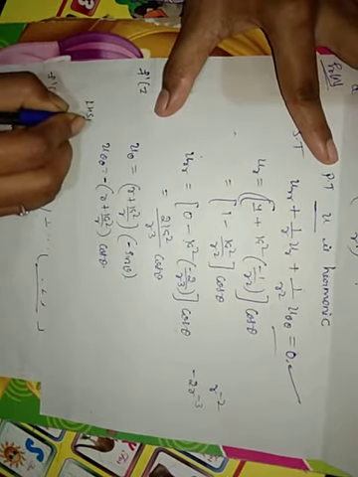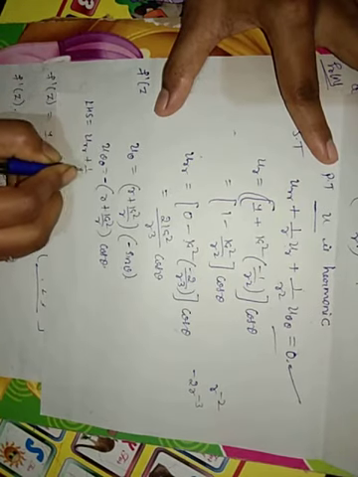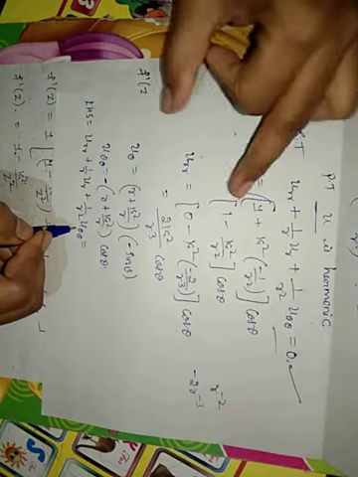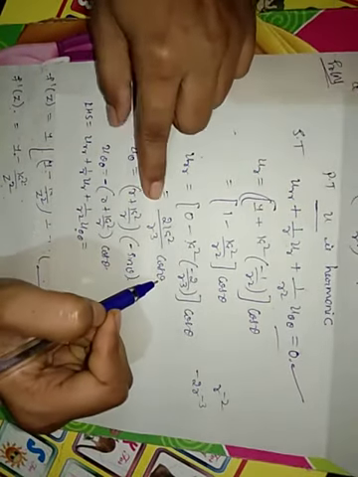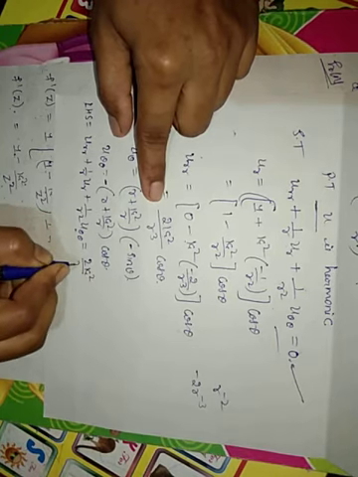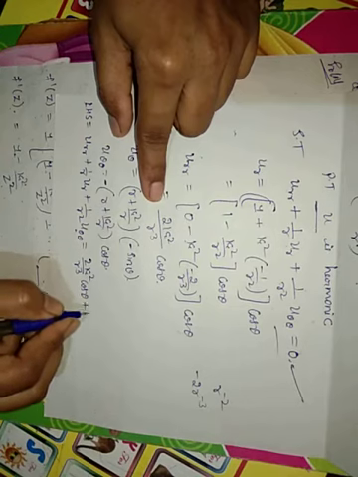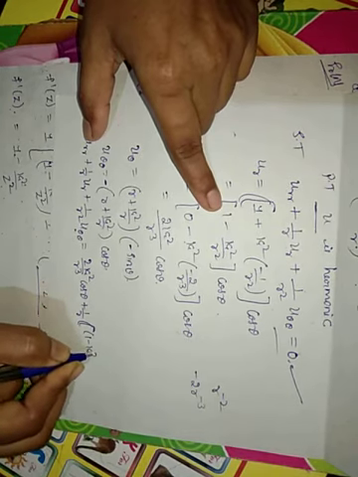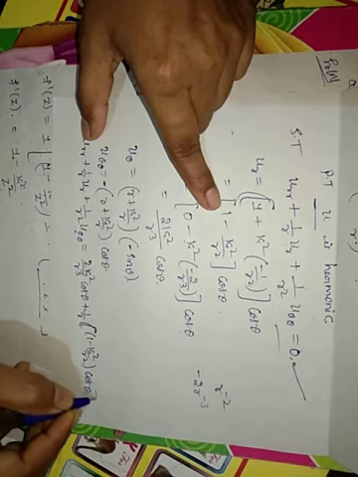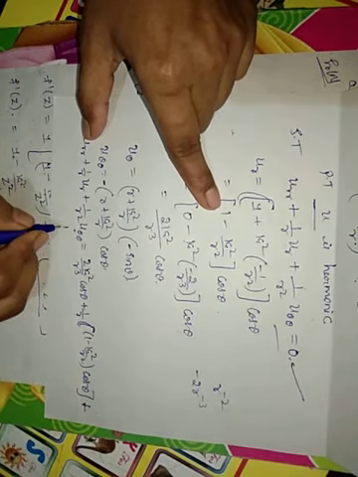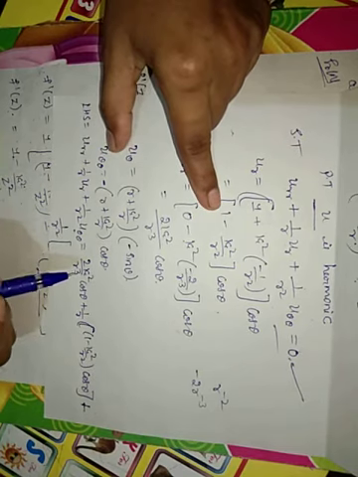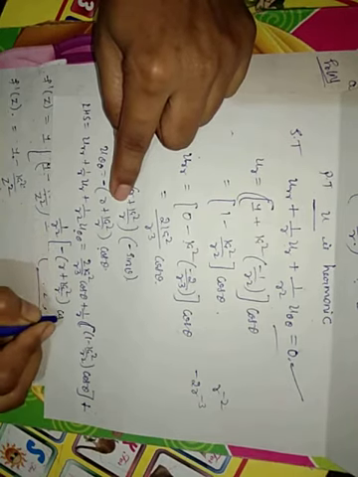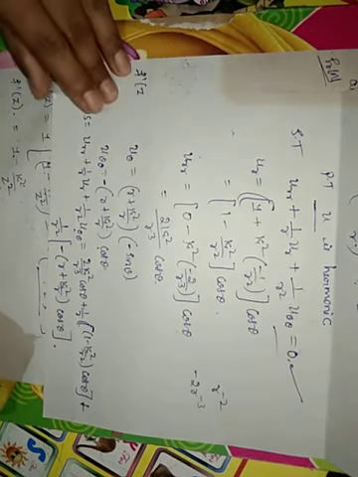So the LHS is equal to u double r plus 1 by r into ur plus 1 by r square into u double theta. u double r is here: 2k square divided by r cube into cos theta, plus 1 by r into ur. ur is here: (1 minus k square by r square) into cos theta, plus 1 by r square into u double theta, which is here: minus (r plus k square by r) into cos theta. So now we have to open all the brackets here.